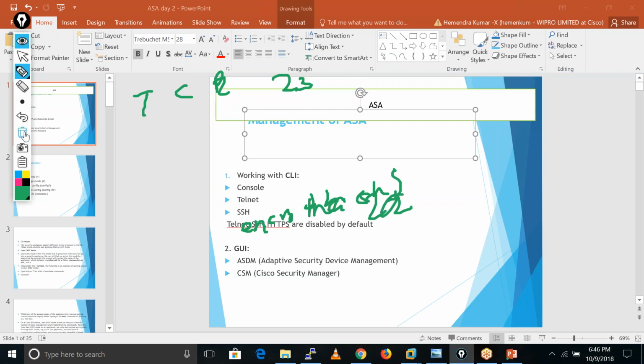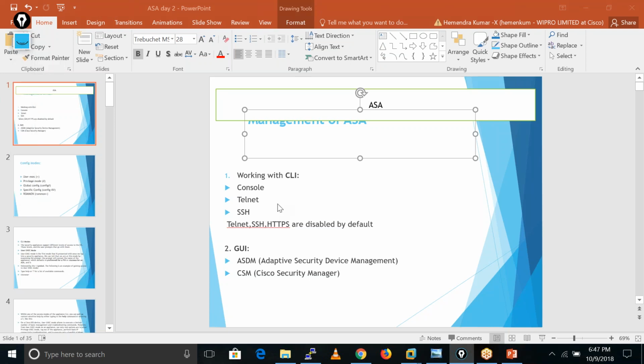Let me stop this. Actually, I'm new to using this writing pad, that's why I'm working on it. So the thing is, we have three ways to get the access of ASA by using the CLI: console, telnet, and SSH.